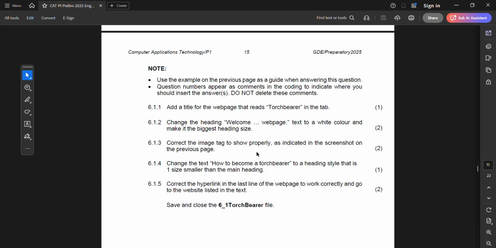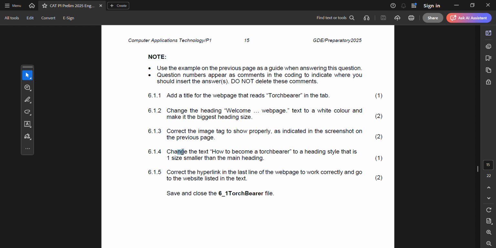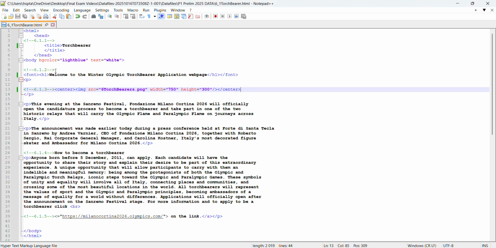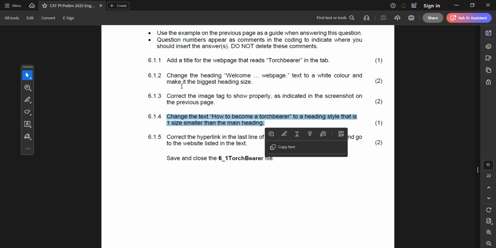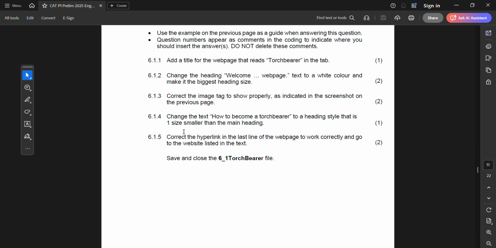Question 6.1.4, change the text how to become a torchbearer to a heading style that is one size smaller than the main heading. Now you will remember the main heading we changed to H1. So this heading for 6.1.4 is one size smaller. So therefore this heading becomes H2. And we save that. And the last question for 6.1, 6.1.5 says correct the hyperlink in the last line of